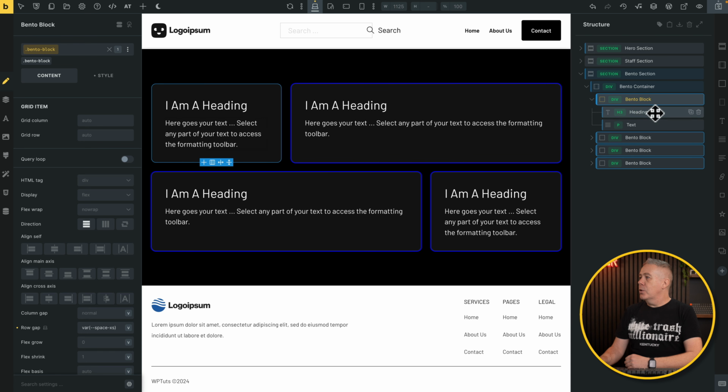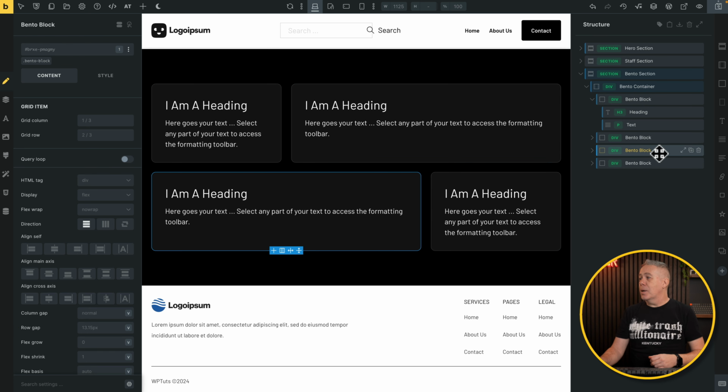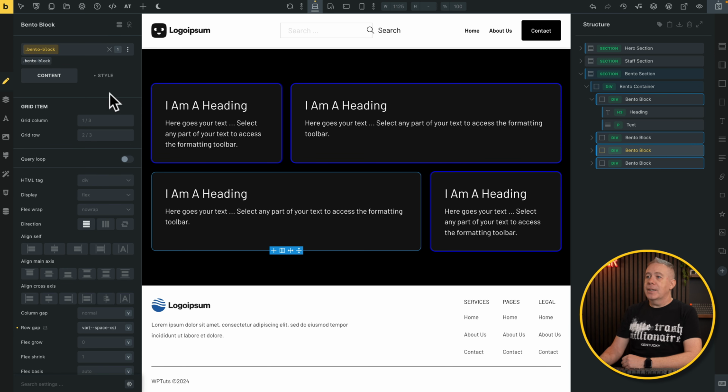So what I'm going to do is choose one of our bento blocks, and you'll see each one of these is now highlighted in blue, saying that we have selected a class that applies to multiple different elements inside our design. So now we know that if we make a change to one of these, and I can say, let's just say the 3rd one in this example, we can select it and make a change. So as long as we choose the class, all of those are selected,